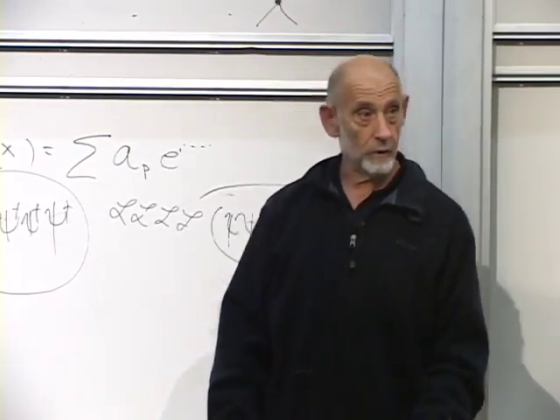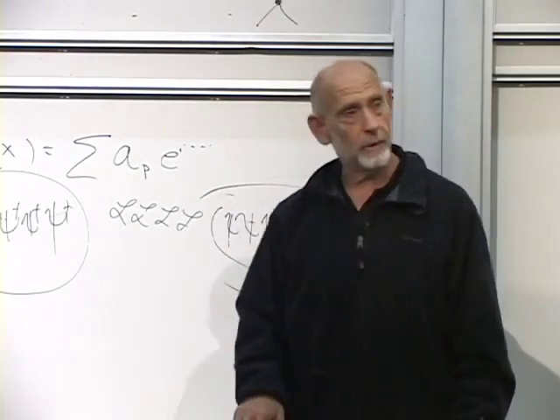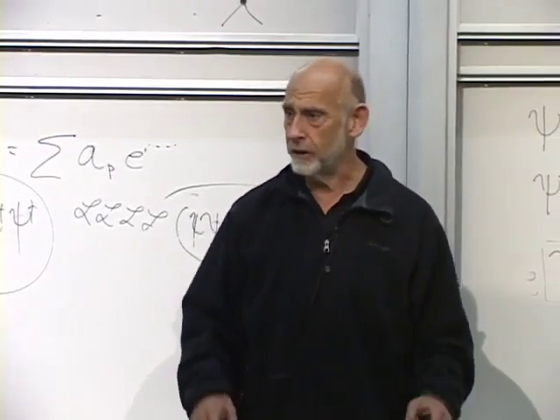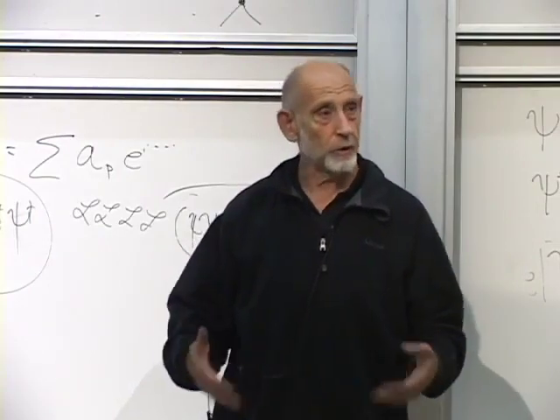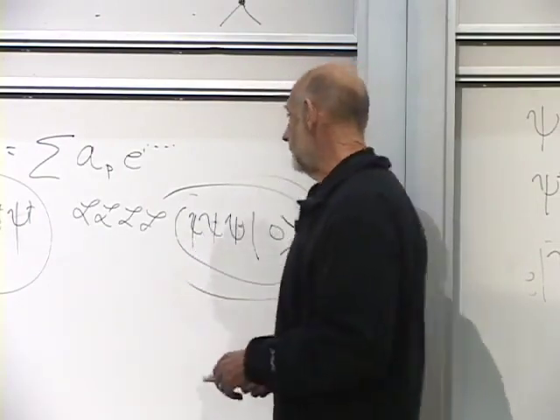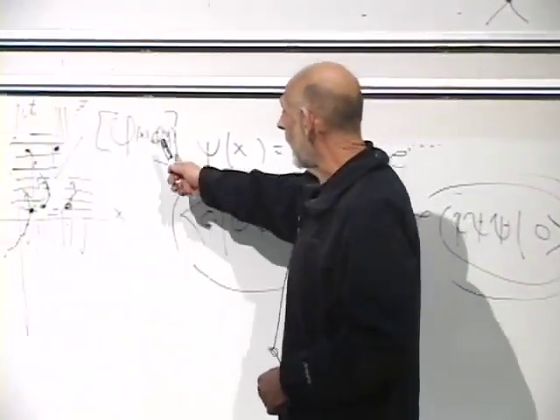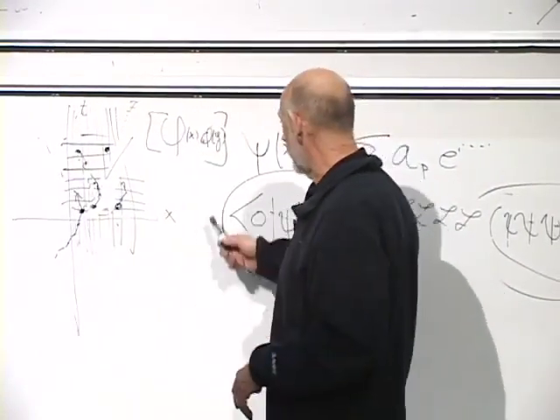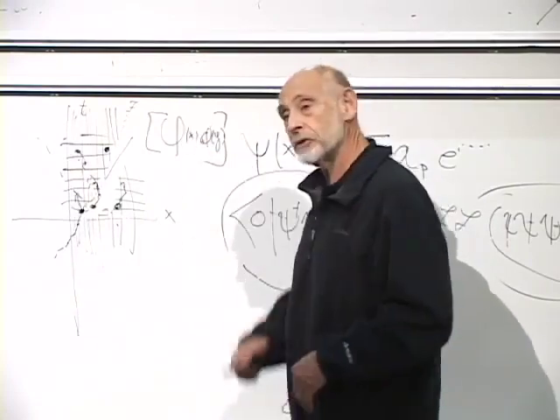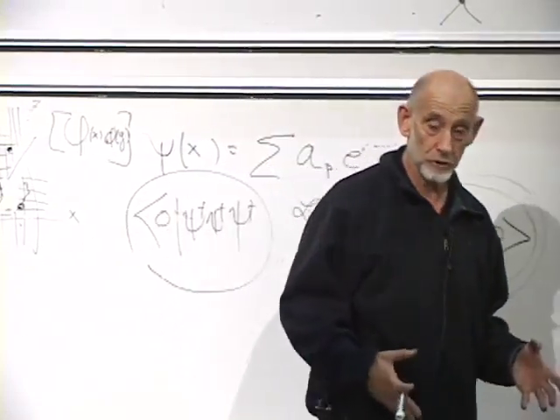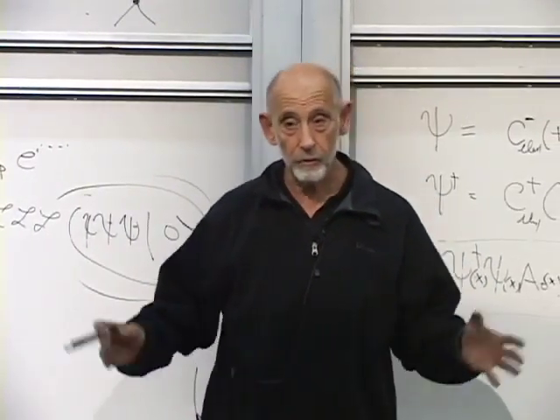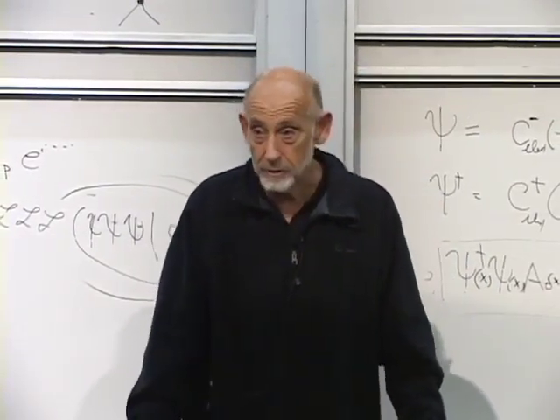So you asked me about, I think you asked me about that. Did you ask me about that? Yeah, you asked me about the field operator as a thing which can be measured. Well, yes, the field operators can be measured. Their eigenvectors and eigenvalues play the usual role as in quantum mechanics, and the commutation relations tell you limitations on being able to measure two things simultaneously. So all the standard rules of quantum mechanics apply to this system.